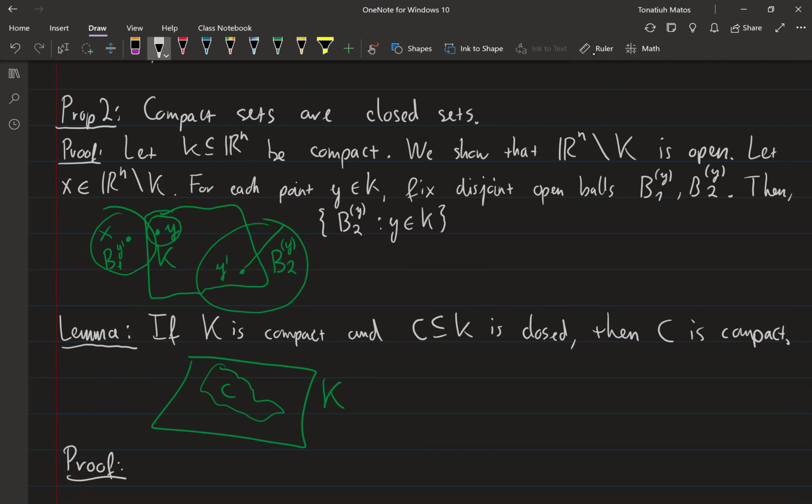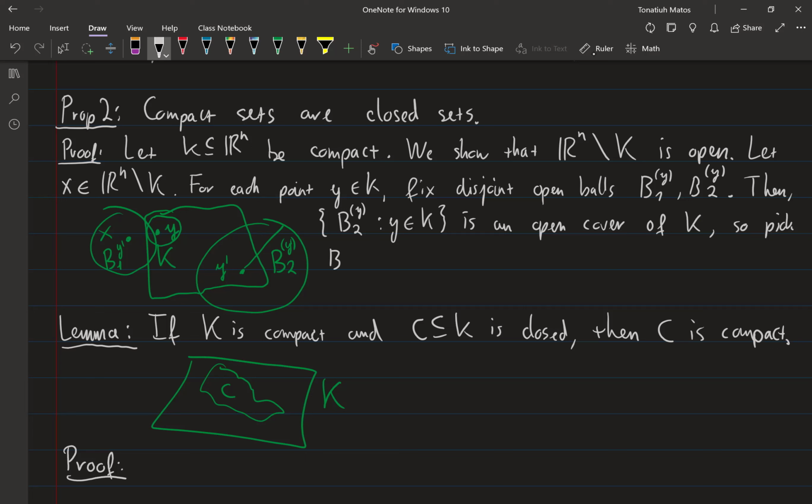Okay, this is an open cover. It's an open cover because all of these are balls, and it covers because Y is at the center of each of these, right? So this must be an open cover. So by compactness, pick